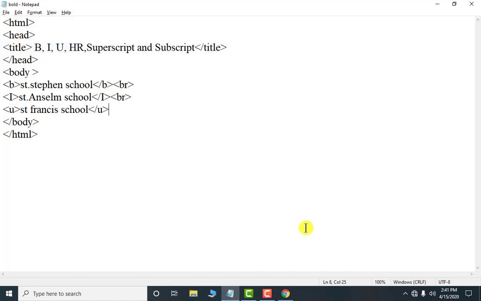Now look, we have already opened that. It is opened here. Look at the taskbar. Look at my mouse. You have to click on this and you have to click on this button, or you can say press the F5 key from your keyboard. Now look, line is changed. That is the use of BR, line break.